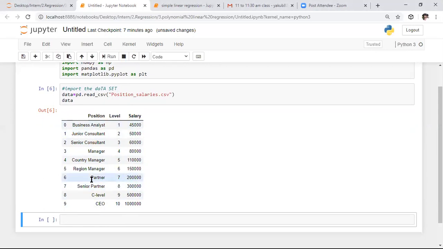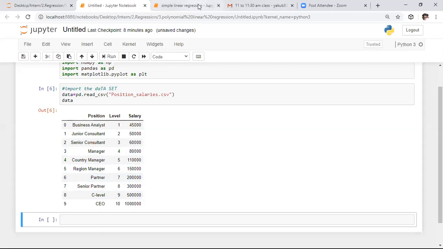Here we have 9 samples. Based on these 9 samples, we need to predict the output. If you observe this example, we have very little data, only about 10 samples. If you have data with very few samples, we need not divide our data set into different parts. So here I am visualizing this data only by applying this polynomial regression model. I am skipping the step of splitting the data set into train and test. Directly, I am applying the linear regression model.